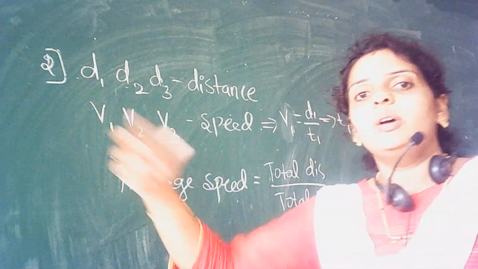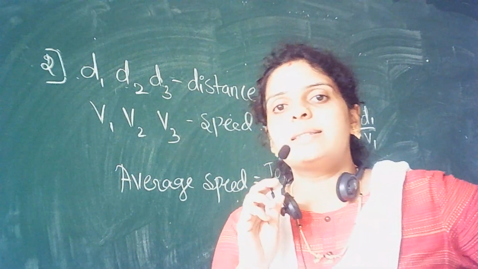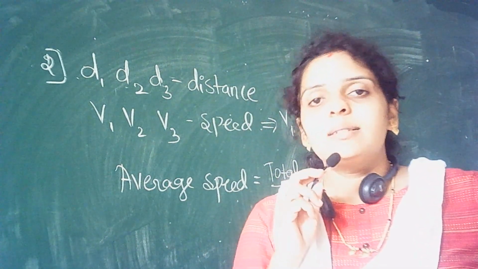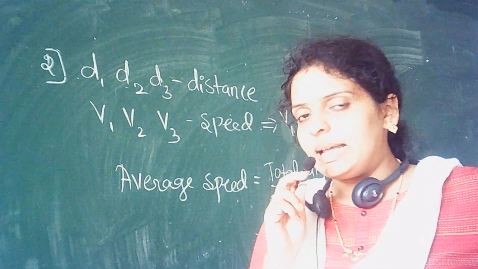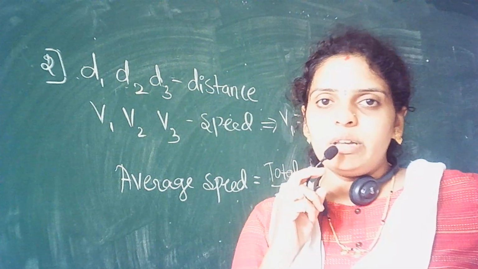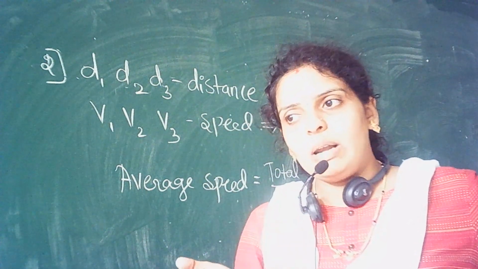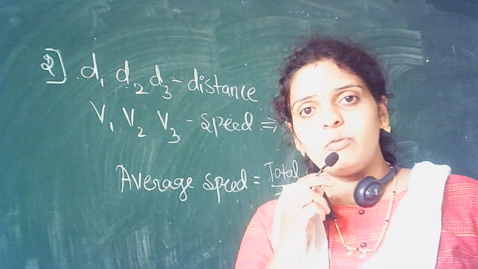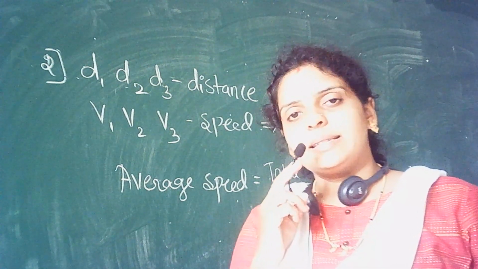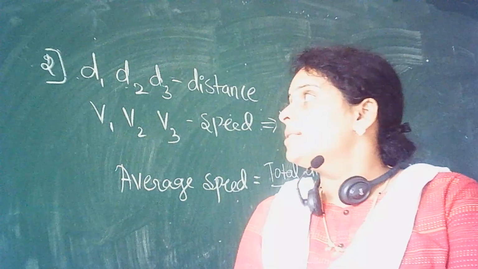So this is how we defined speed, its types and cases in today's class. In the next class, in the same way, we will go for velocity and acceleration: what we mean by velocity, types of velocity and the cases, and acceleration and its types. Right? So if you have any doubt,